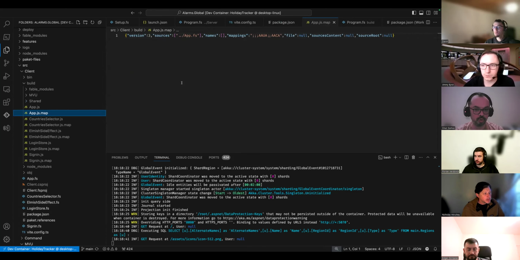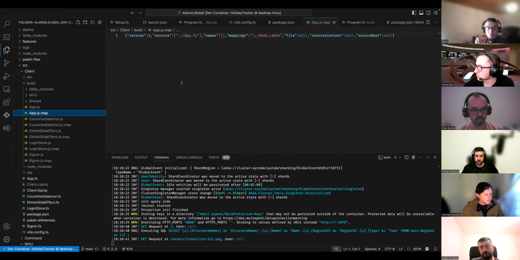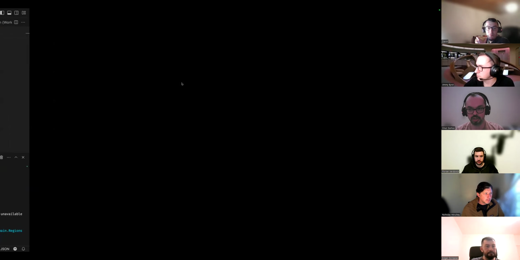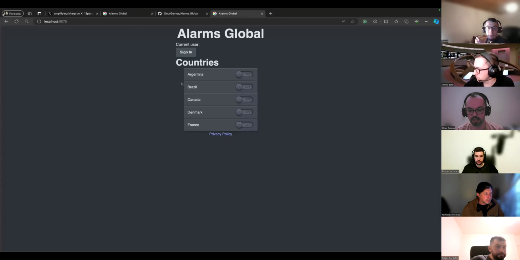However, I have to warn you, debugging F# from a JavaScript standpoint isn't as perfect as you would see in .NET, because there's a lot of translation going on. A lot of types don't exist directly in the JavaScript world. So your experience isn't super great, but it's still helpful. For starters, you can just go to your browser, and you don't have to do anything.